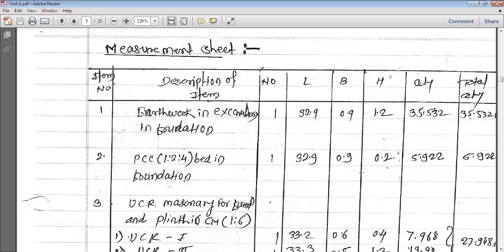And one more column you can add, which we call a remark. Now, why is this remark required? Because some special category of work or some special things are there in our particular plan, or some special changes or variations we are going to make in our plan. So you can put that in the remark column. So there will be one remark column also that you can add to our measurement sheet. So these are the contents of the measurement sheet.